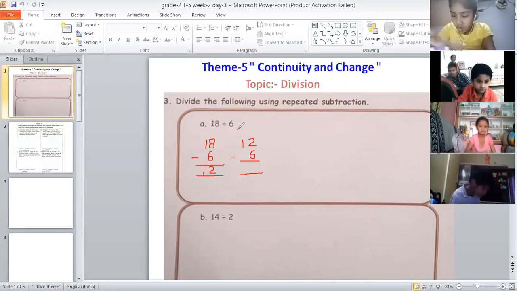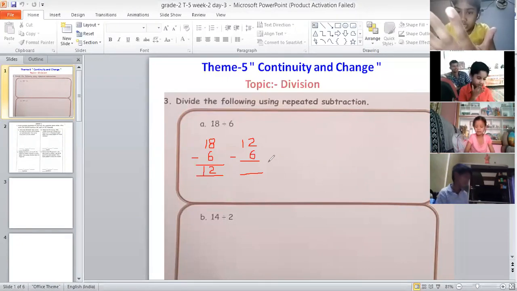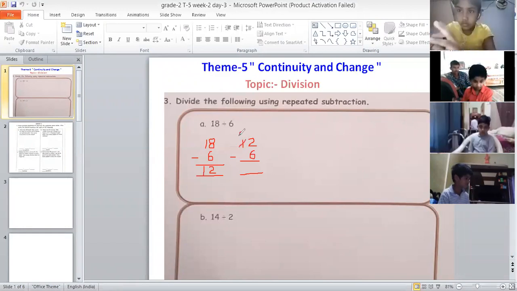Adya, you tell me, is it possible to take away 6 from 2? Is this possible? So what we'll do? We will take borrow. Very good. So we will take borrow from the one which is in tens place. So we will cut this one will become 0. And what this 2 will become, Adya? It will become 12 now. Very good. So we will cut this 2 and we will make it 12 here.